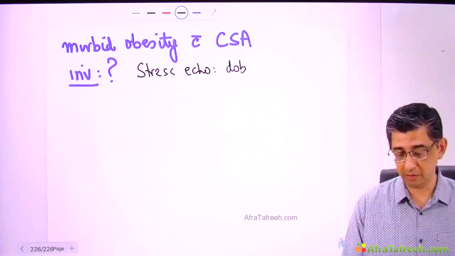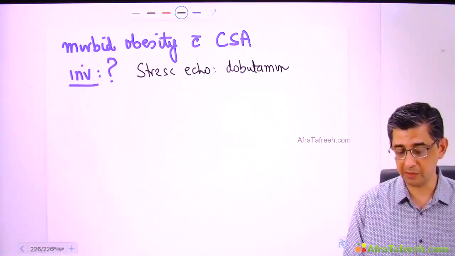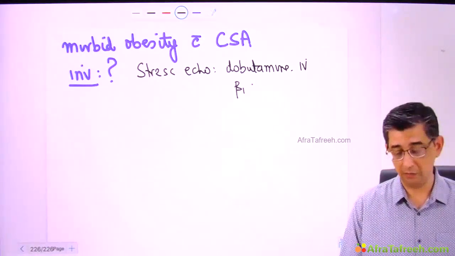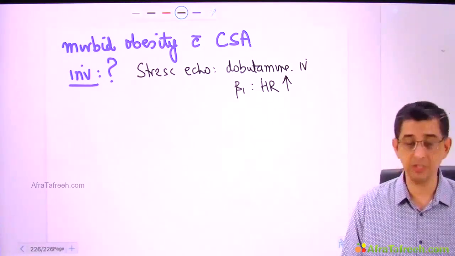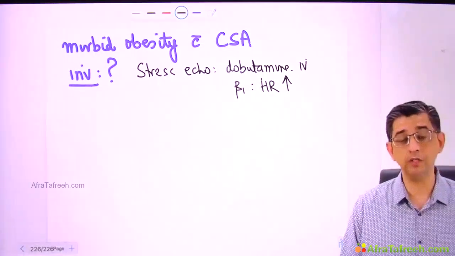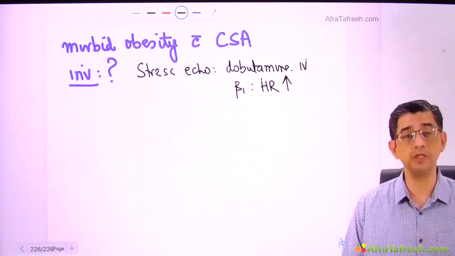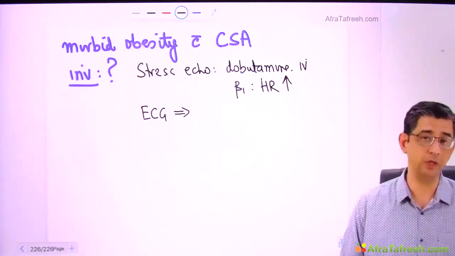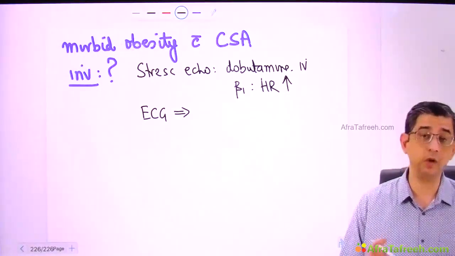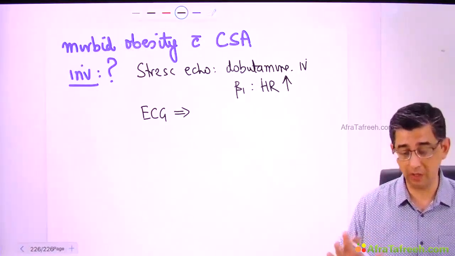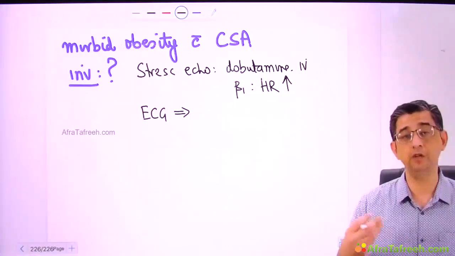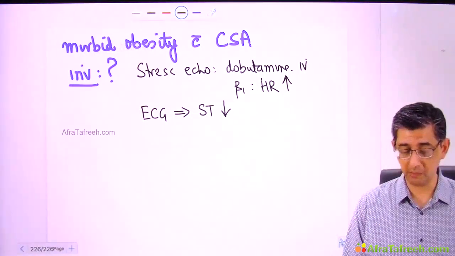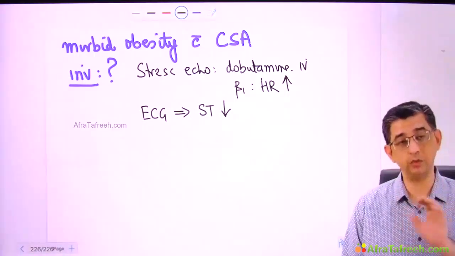As you're aware from pharmacology, when I start a dobutamine drip in this person, it will activate the beta-1 receptors, and that will result in increase in heart rate. If you increase the heart rate, it will cause increase in oxygen consumption of the heart. If the coronary arteries are of normal caliber, like in you and me, if this drip is started, it will not cause any changes in the ECG because the supply of oxygen will be very much normal. But in a person who's having a genuine blockage, more than 70% in any one of the coronary arteries, when you start this drip, after a few seconds or maybe a minute, you will notice that the ECG of this person will start showing ST segment depression. The heart rate is going up and the ECG is showing ST depression.